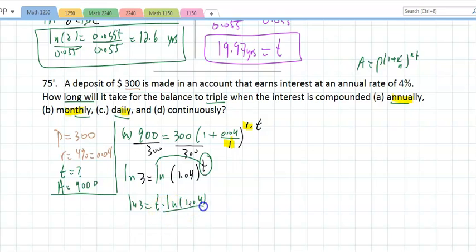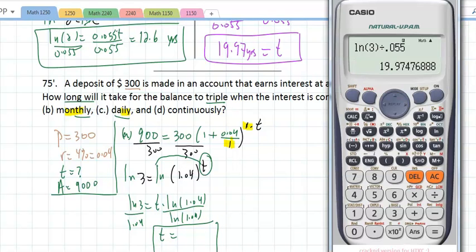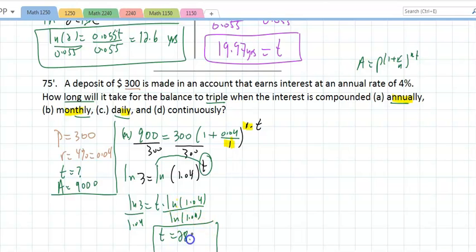And if I divide by natural log of 1.04 both sides, I'll get t to equal how many years it'll take. I get my calculator out, and if I take natural log of 3 divided by natural log of 1.04, it's going to take 28.01 years. 28.01 years, roughly. Got part A. If I want to tackle part B